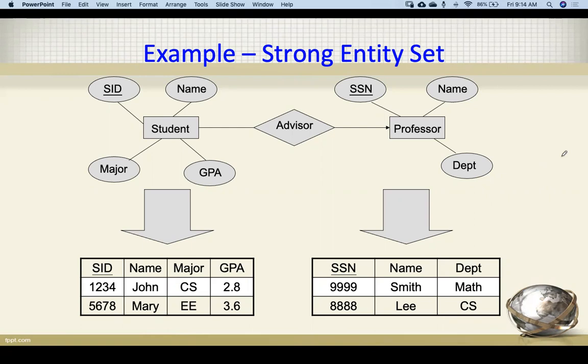So this is one example. Here you can see the relationship is n to 1, meaning many to 1. Many students are learning from one professor, and one professor is advisor of many students. In that way, there is a relation. Now, how can we convert these entities? This is a student entity. In the student entity, we have student ID, name, major, and GPA, which we have written here. For the professor entity, we have SSN, name and department. It is also written here. So this is how you can convert this entity to a table, and this entity to a table.